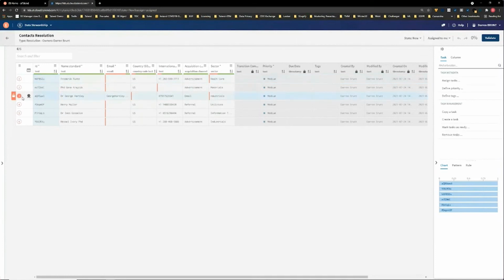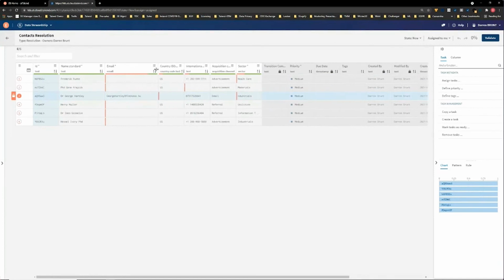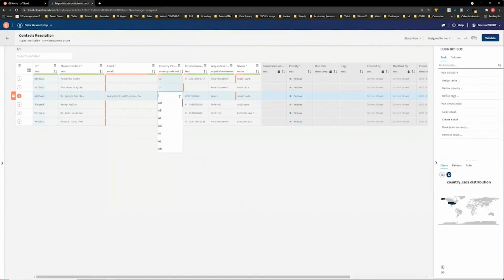So let's take an example here, Dr. George Hartley. What we can see here is that he has a valid email address, but doesn't have a country ISO code. So that's missing. If I look at the international phone number, that actually looks like perhaps a UK phone number. So we might want to make some decisions here about how we represent the ISO code. Is there something in the semantic engine that we know as UK for the country ISO 2 code? Yes. So let's select that. That means that my little red bar disappears, indicating that I've fixed compliance with that semantic type.